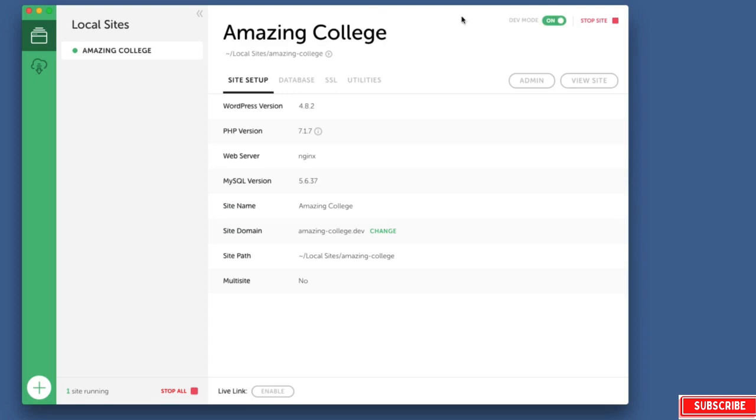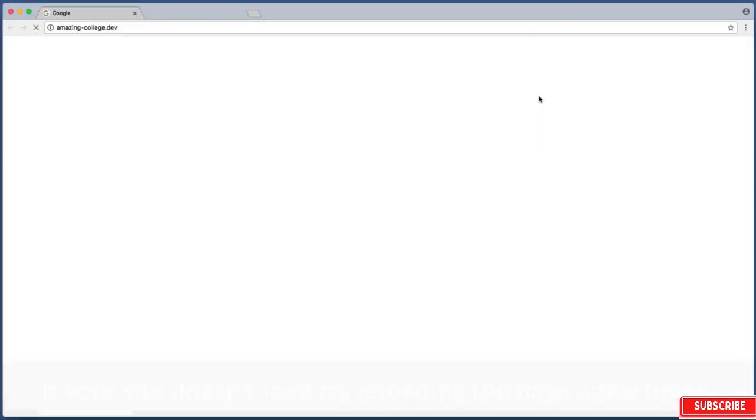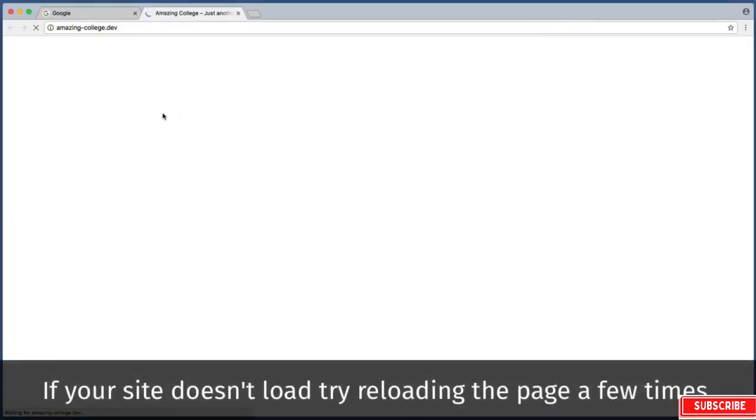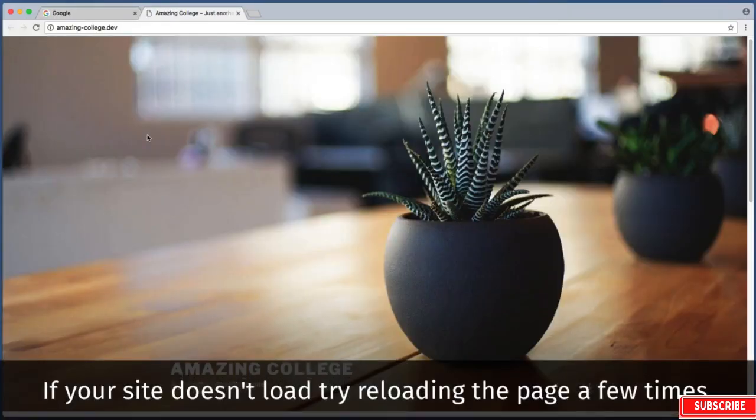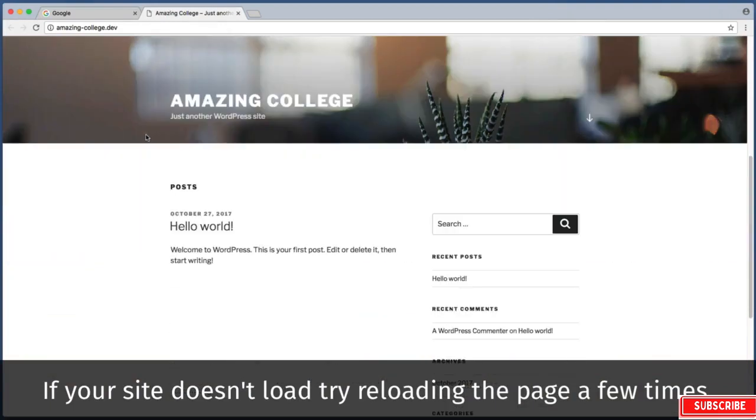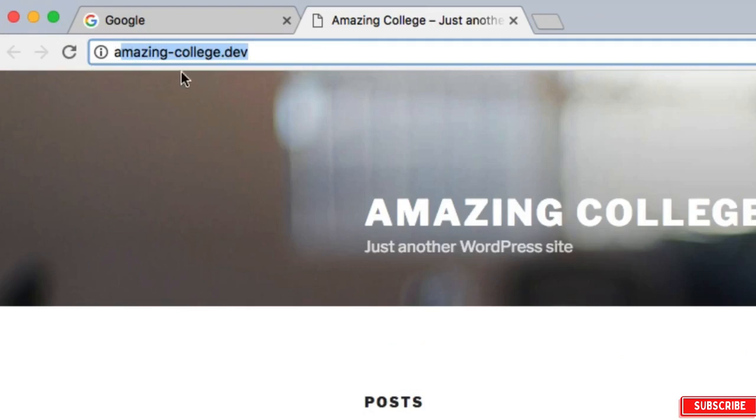So you can just click this View Site button. If that's not available yet, you might just need to start your website up in the top right corner. But once it's up and running, just click View Site, and here we have a brand new, completely fresh copy of WordPress. Up in the address bar, you can see that it gave us our own fake local dev domain, basically told our computer that if we visit this domain instead